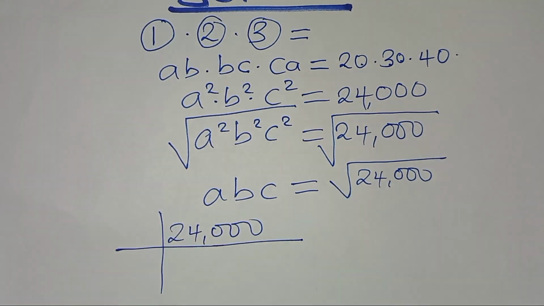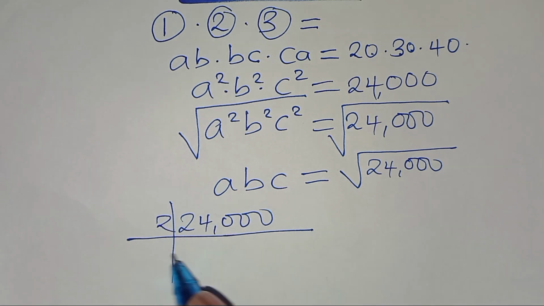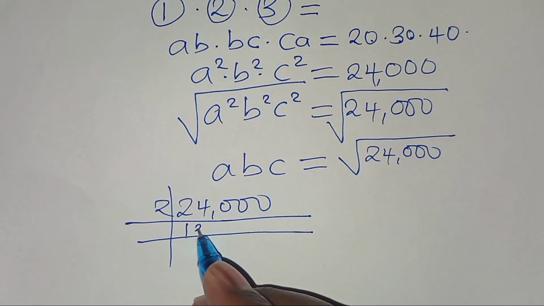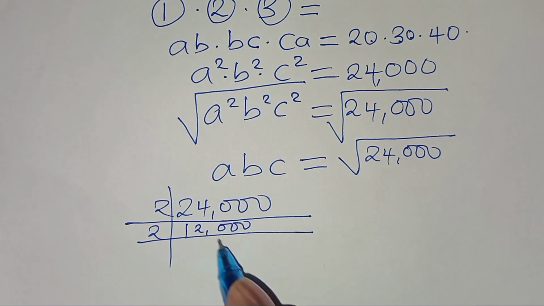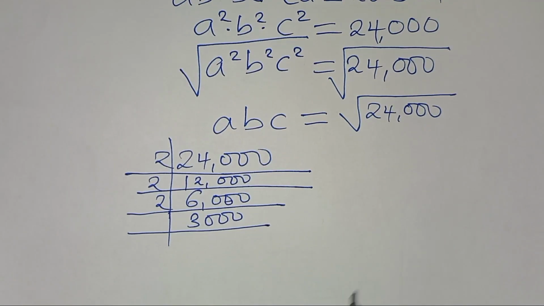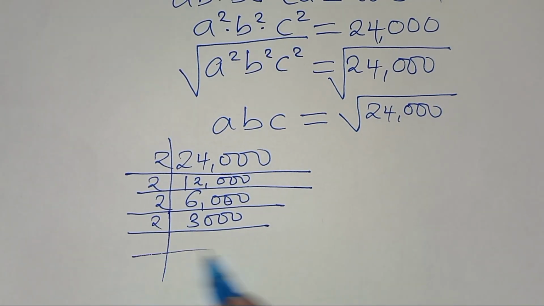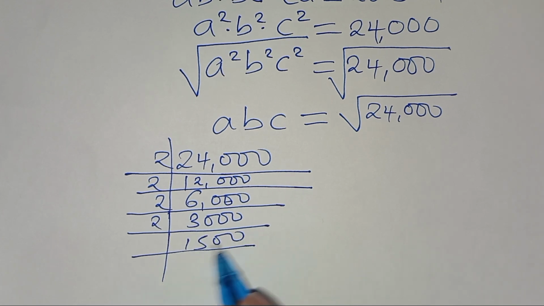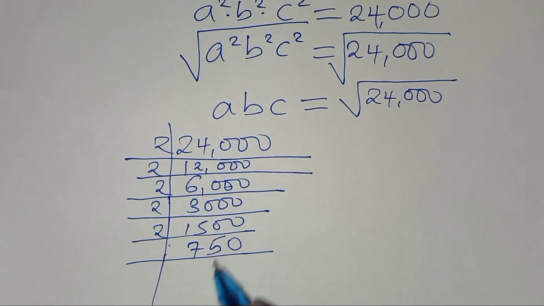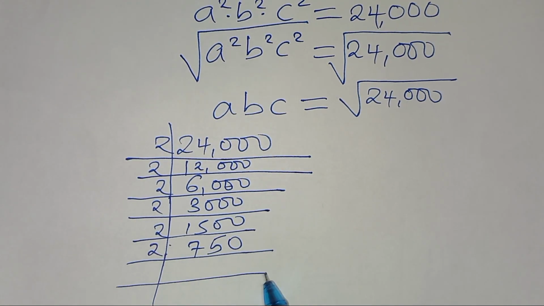as follows. So here, let's divide by 2. 24,000 divided by 2 is 12,000. 12,000 divided by 2 is 6,000. Then 6,000 divided by 2 is 3,000. Then 3,000 divided by 2 is 1,500. Then 1,500 divided by 2 is 750. And then here, 750 divided by 2 is actually